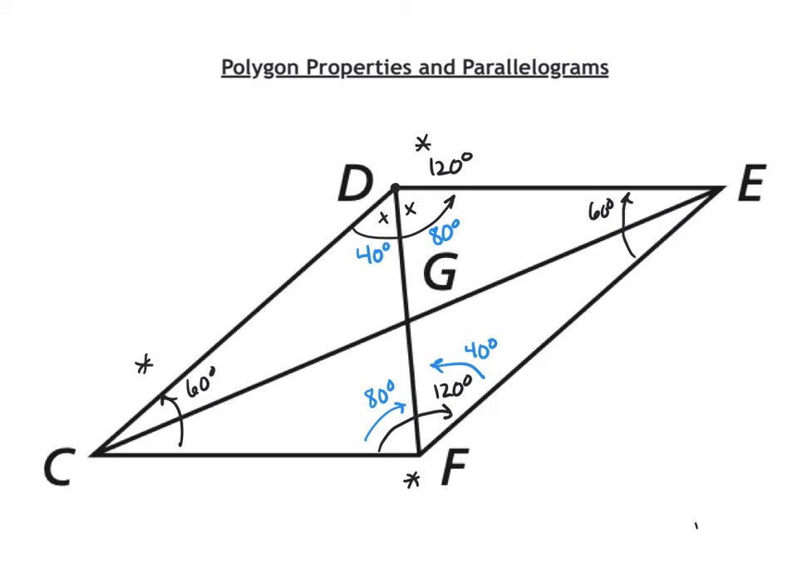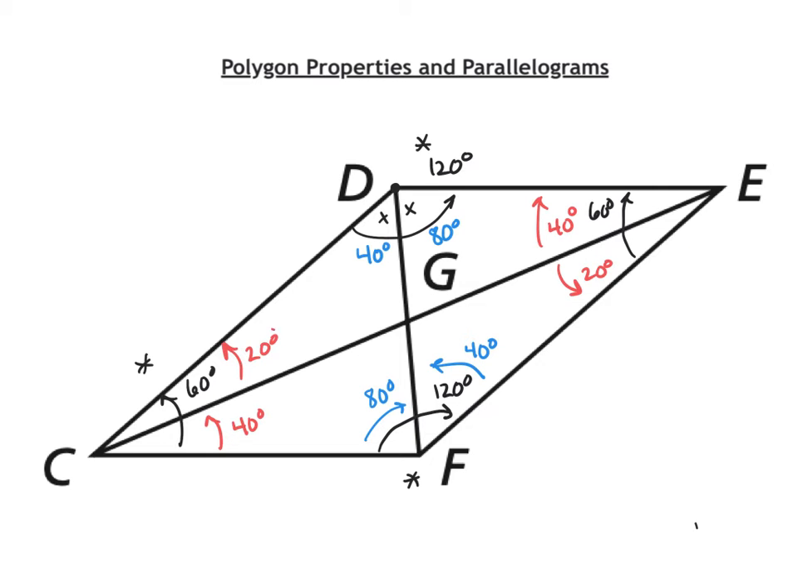If I told you that angle DCG, this angle, was 20 degrees, I could subtract from 60, and this would be 40 degrees. This is an alternate interior angle. It's 40 degrees from here to here. And this is an alternate interior angle. It's 20 degrees. Now, if I look at a triangle like